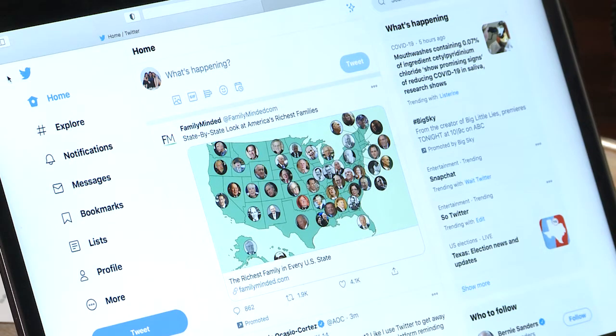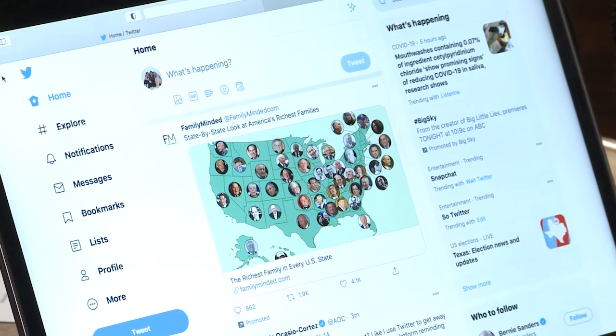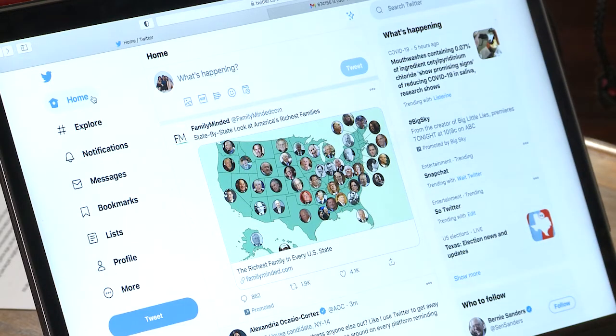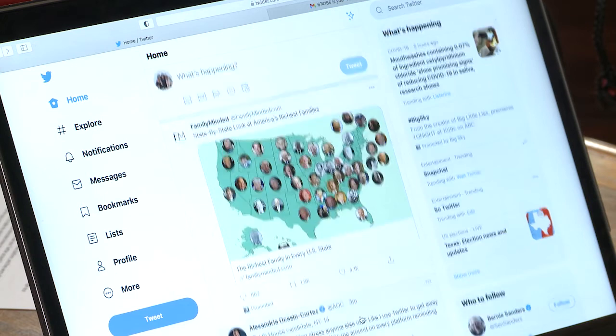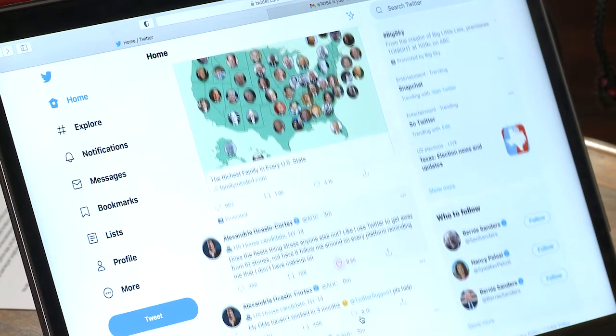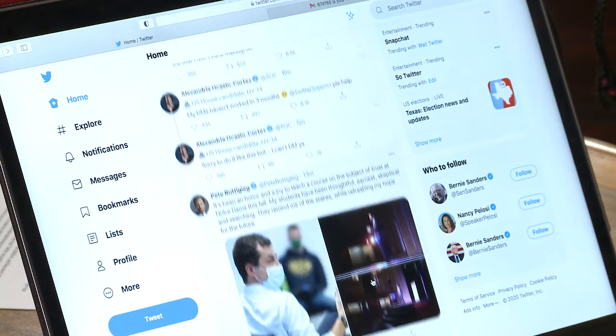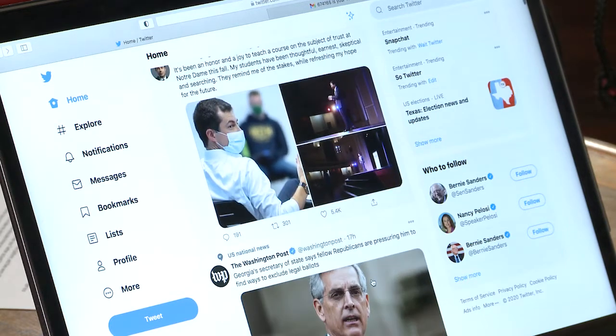Anytime you log on to Twitter, this is the view that you'll be looking at. Over here on the left, you have your navigation menu. Right now, we're on Home, which is where you see your Twitter feed. Your Twitter feed includes tweets, retweets, and liked tweets by people you have chosen to follow. So, the 10 people that Twitter just prompted us to follow right before this, that's who's showing up in our